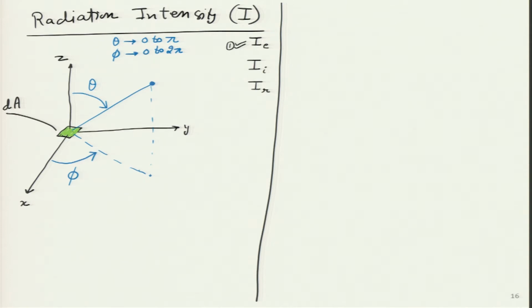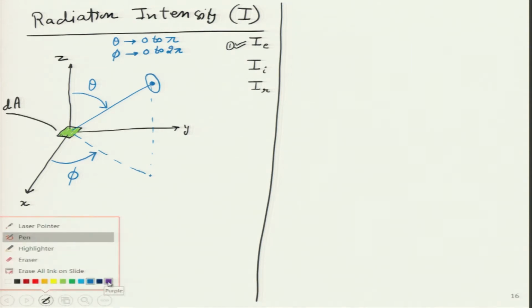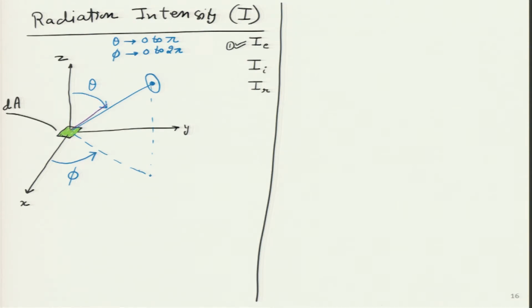Now, let me define a solid angle over here. So, in order to define a solid angle, I have to create a small surface dS, and let me connect this particular point over here. So, this conical shape which I am seeing over here, that solid angle I am defining as d omega. And since I am talking about the emitted radiation intensity, what I am going to show is that the emissions are taking place from surface dA, and this electromagnetic wave is going like this.